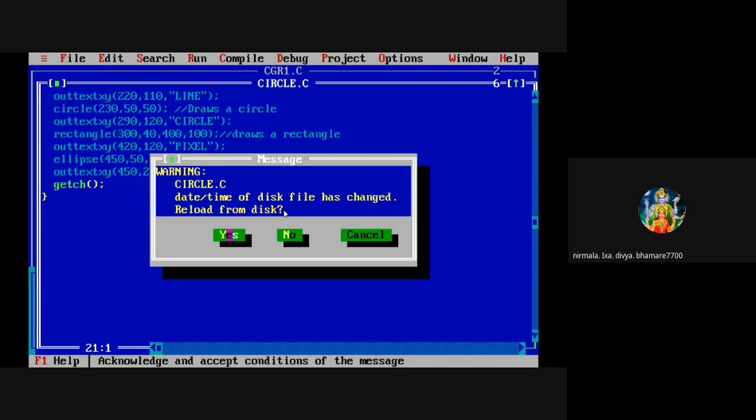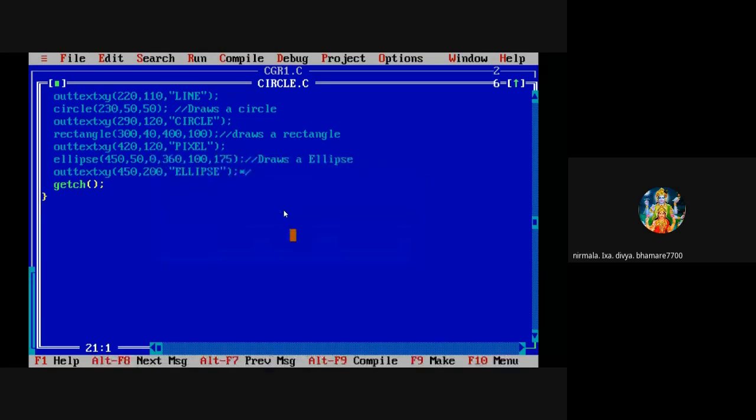So have you understood the use of the outtextxy function? Why is the outtextxy function used? To display the text pixel, P-I-X-E-L. Can you see the word pixel on the screen? Yes, ma'am.